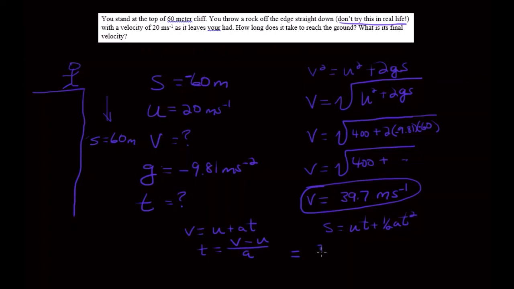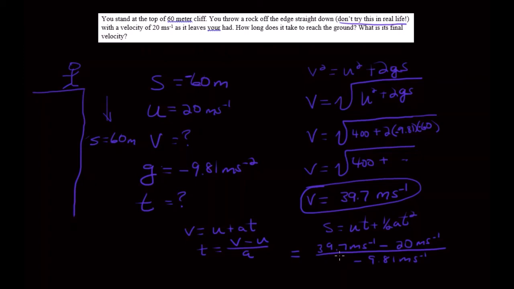v minus u over a is going to equal, v is 39.7 minus 20 meters per second over negative 9.81 meters per second squared. All right, so that is going to be